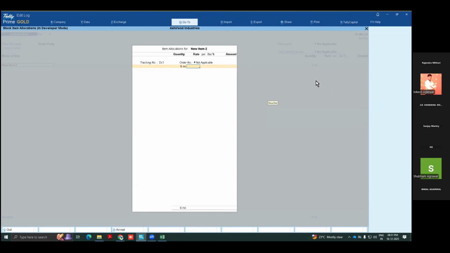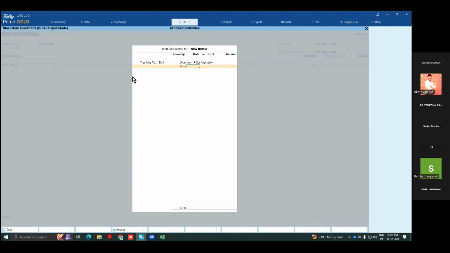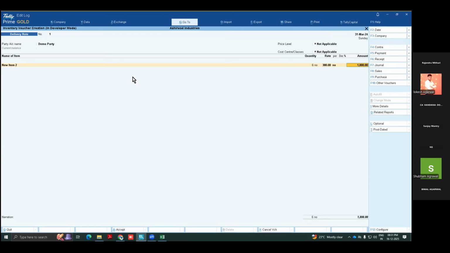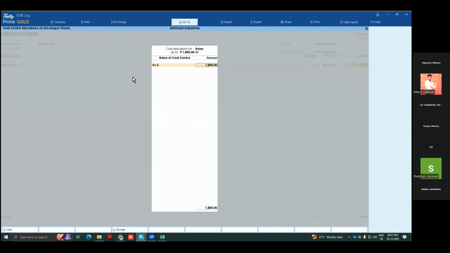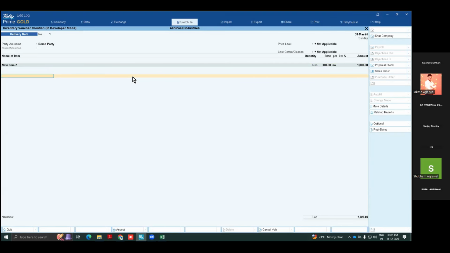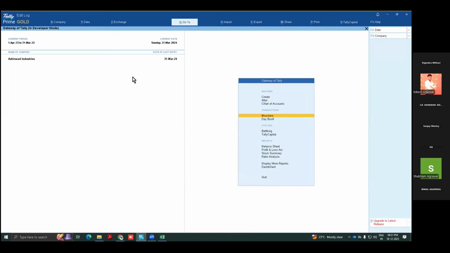See here, when you are passing any entry, press alter yes. Alter yes will show you the stock period of that item, whether you are in the batch allocation form or order form. Alter yes. Now I know the cost is 200 at that time. Okay. Now I am putting 300 here. Okay. This is actually my purchase cost for comparison. Now here is the sales account, and again I am not entering GST. It's not our current topic. Now let's see the profit and loss account or balance sheet.